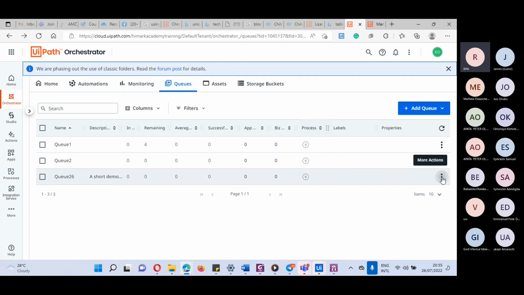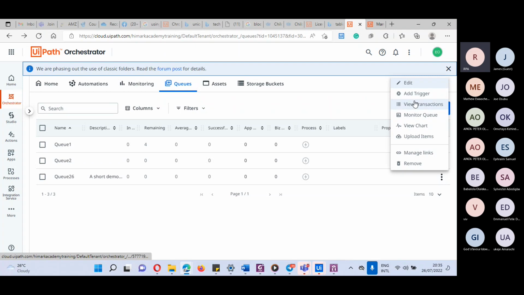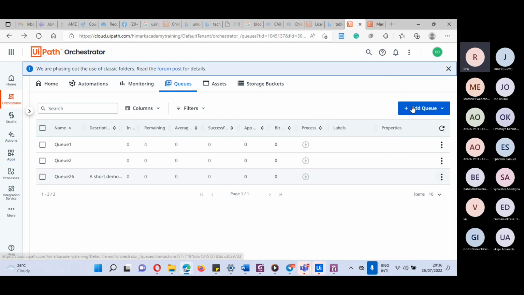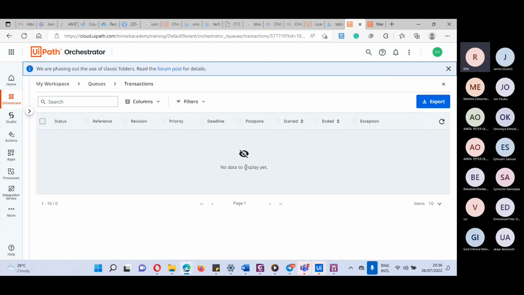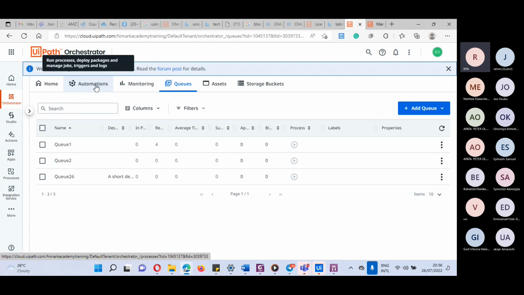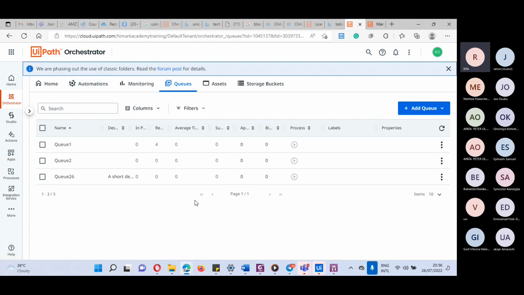Okay, queue. Let's view if there's anything there. View transaction. How can there be a transaction when there is no item to be processed? So no data to display yet. So back to queue. All right, so we don't have anything here. All right, so